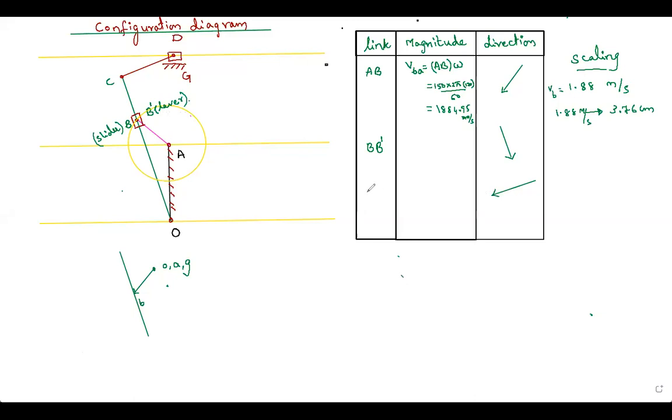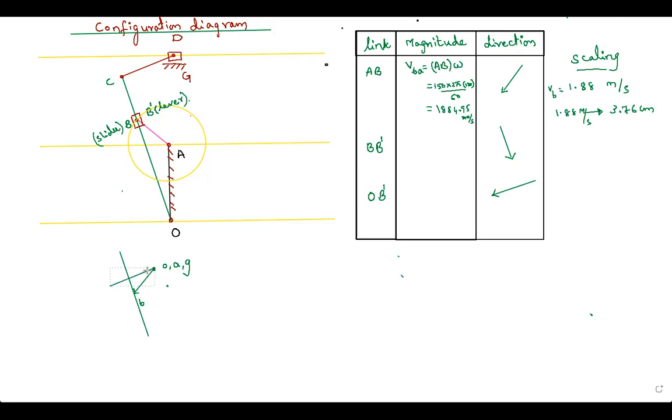And what is this about? This is of B dash with respect to, or we can say, link O B dash. The same link O B dash. Okay, I know the direction passing through O, right? So where is O? O is here, and I will just copy the direction over here. So the same direction, perpendicular to the link, passing through O. Now immediately I got a point which is B dash. Is it perpendicular? Yes, it is perpendicular passing through O, since it is O B dash, right?